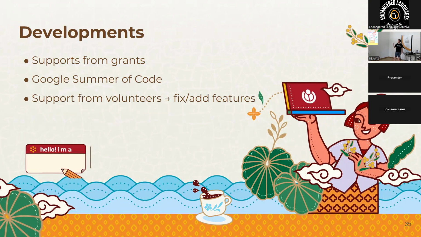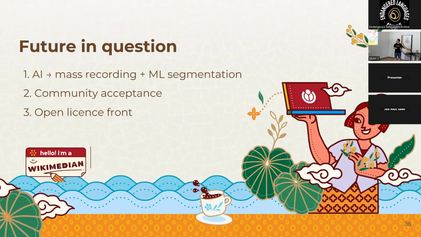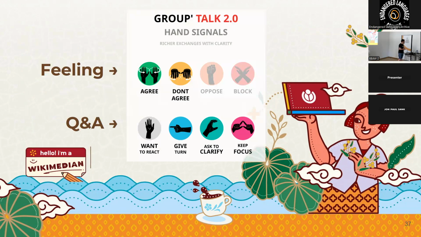On development, now we are kind of stable or on a good path because we have found our grant and avenue for coding. And the future is also uncertain right now, also because of artificial intelligence. So what is the future of audio recording when you take this into account? But we think that we still have a role to play because we are pushing for open source audio resources, and that's what academics and all the community on Wikipedia are doing. So, okay, and now the Q&A.